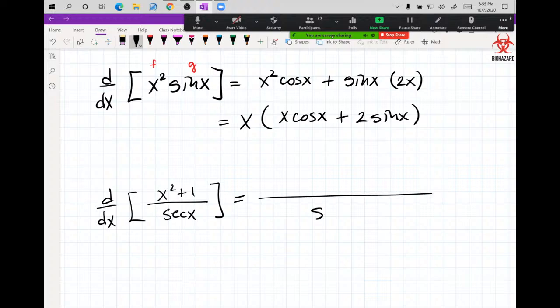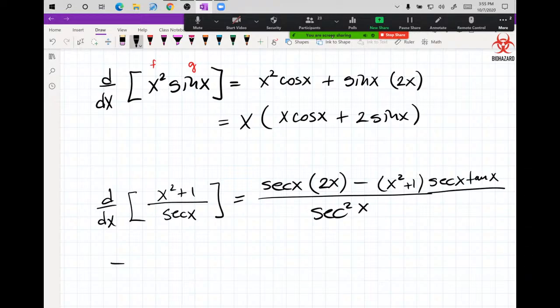Let's see. Secant squared x, secant x, derivative of the top is 2x, minus copy the top, x squared plus 1, times the derivative of secant, and that's secant x tangent x. So now we can kick secant x out, which leaves us with